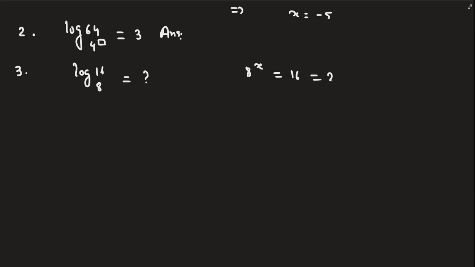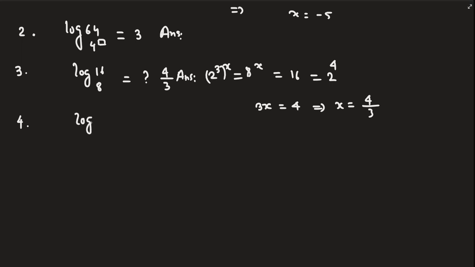So 16 we can write in terms of 2 power 4, and 8 you can write as 2 power 3, its power is x. So 3x must be equal to 4, or you can say that x equals 4 by 3. So now the answer will be 4 by 3. This is the answer. Question number 4,